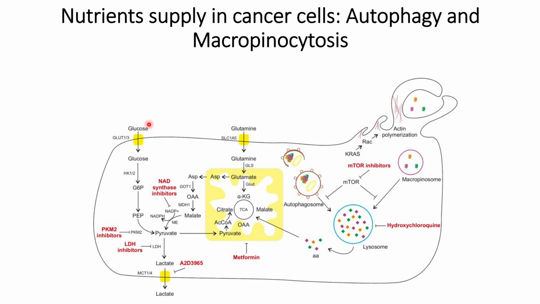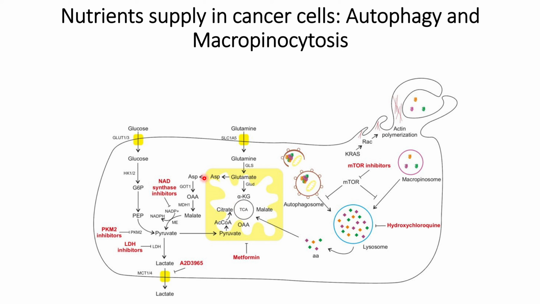So let us first understand how normal cells maintain their nutrient supply. One of the ways by which cells maintain their nutrient supply is via glucose and glutamine. The glutamine will be converted into glutamate with the help of an enzyme, and after that it will form alpha KG that helps in the TCA cycle. Simultaneously, glucose will also ultimately help in this TCA cycle. However,